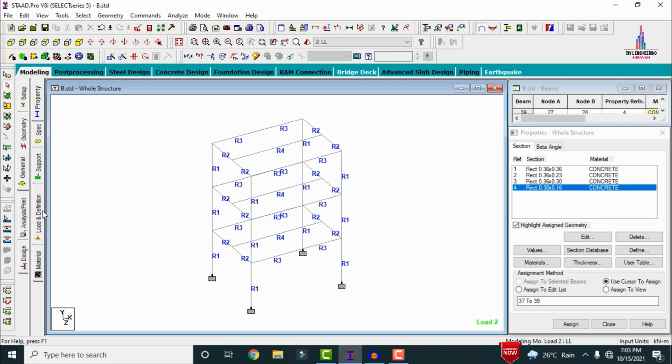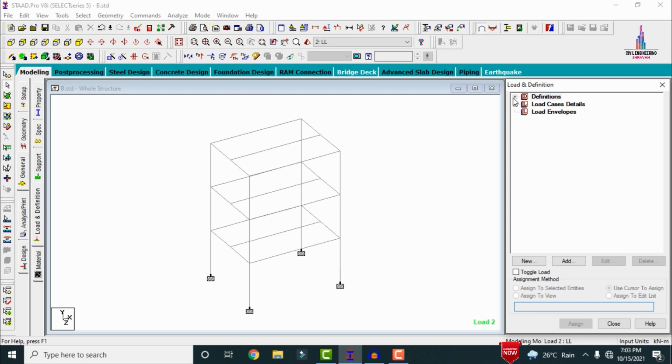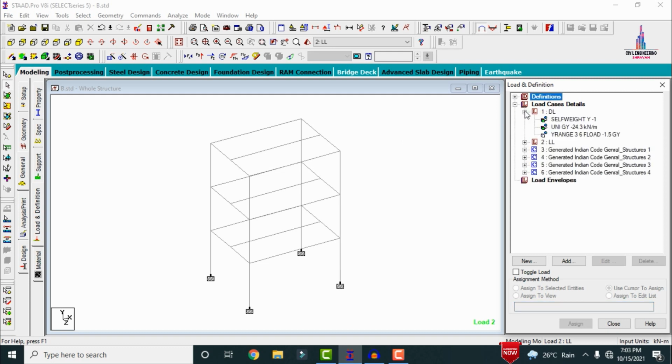Again I will show you the specifications related to the loading condition for the building structure. Click on the loads and definitions option. It consists of the dead loading condition as well as the live loading condition. In the dead loading condition, I took the self-weight, the combination of external wall load, internal wall load and parapet wall load, and the floor finishing load. For the live loading condition, I took a live load of 2.5, acting at a distance of 3 meter and 6 meter. These are the load combinations included in 3, 4, 5, 6 here.